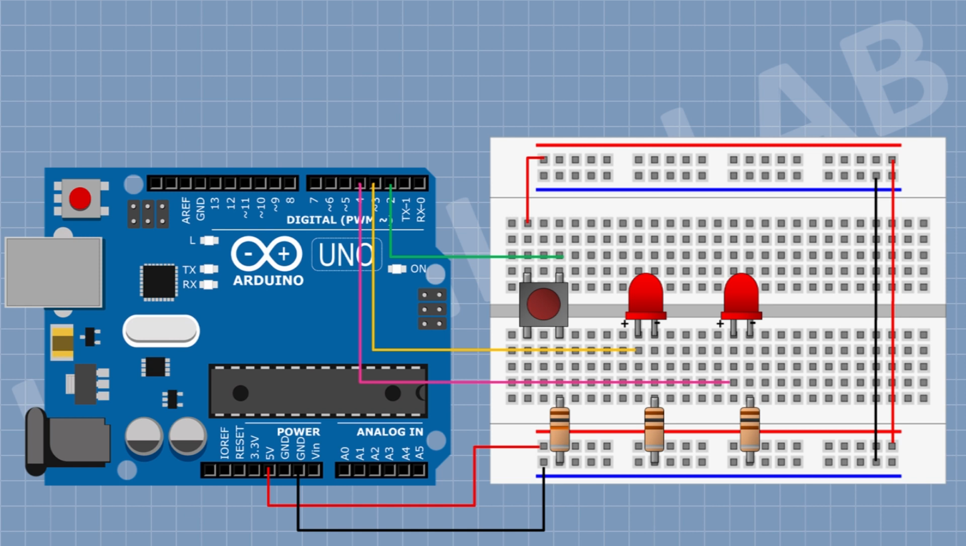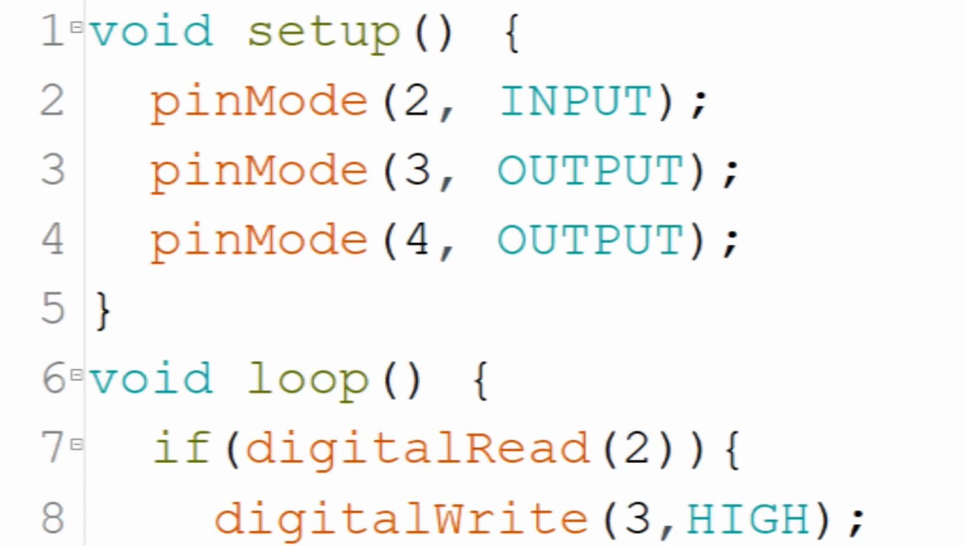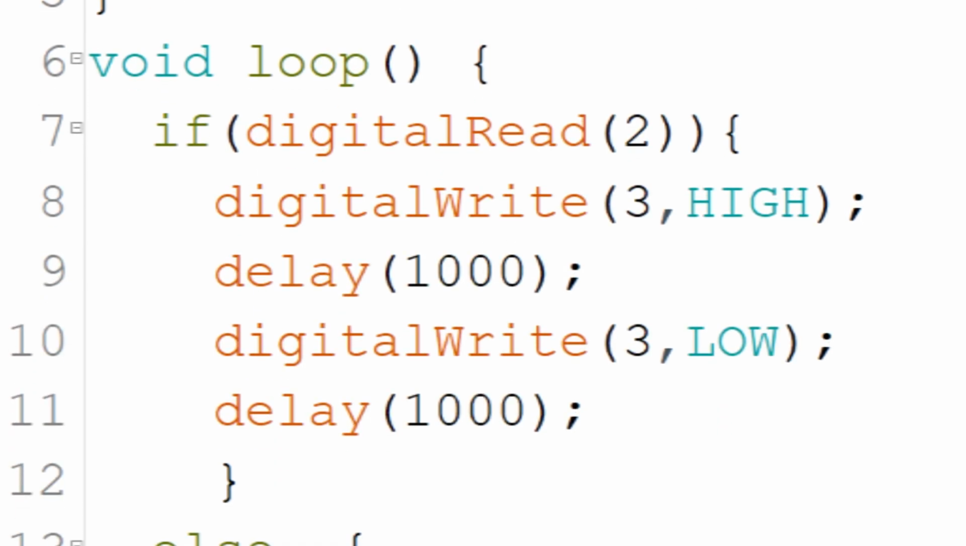Let's see another example code to better understand the operation of this command. So in the setup, the first command is pin mode command, which is setting pin D2 of Arduino as an input pin. And after that, there are two pin mode commands, which are setting Arduino's pin D3 and D4 as output pins. And in the loop, the first command is if, and in the parentheses, there is a digital read command, and in the parentheses of that command, 2 is written, which represents pin D2 of Arduino,